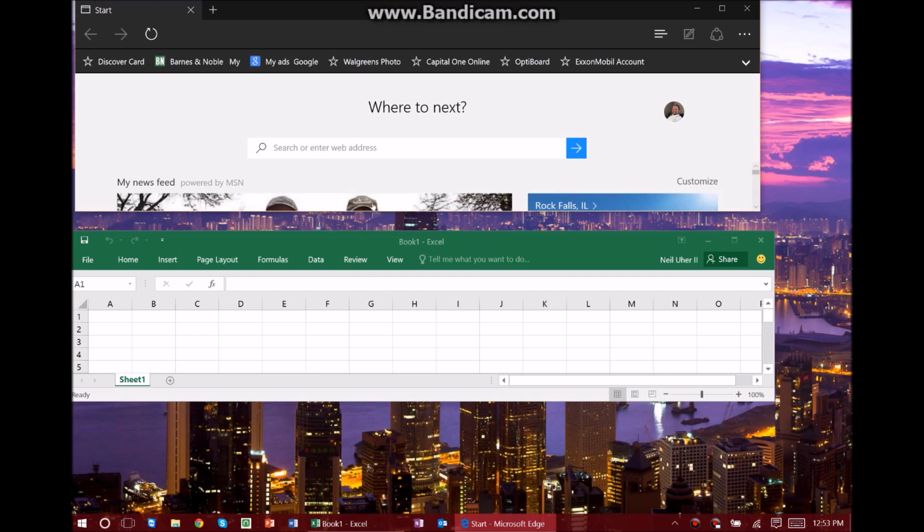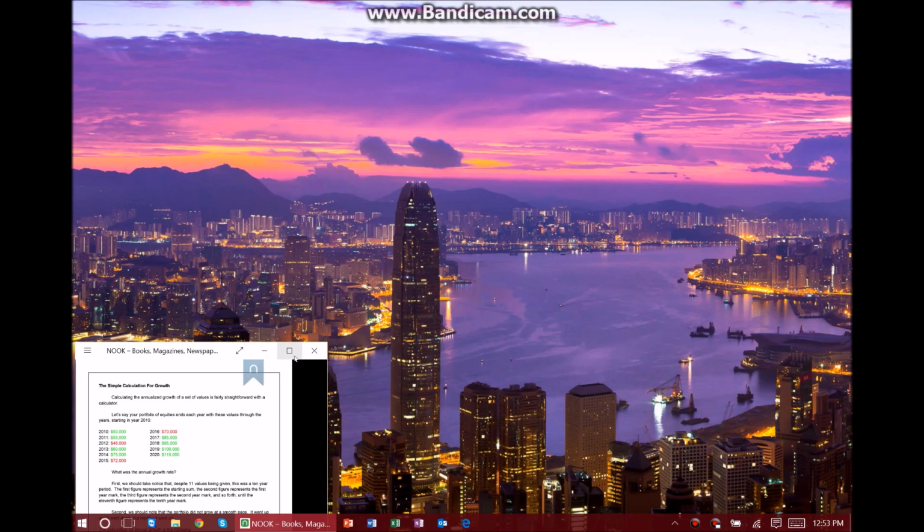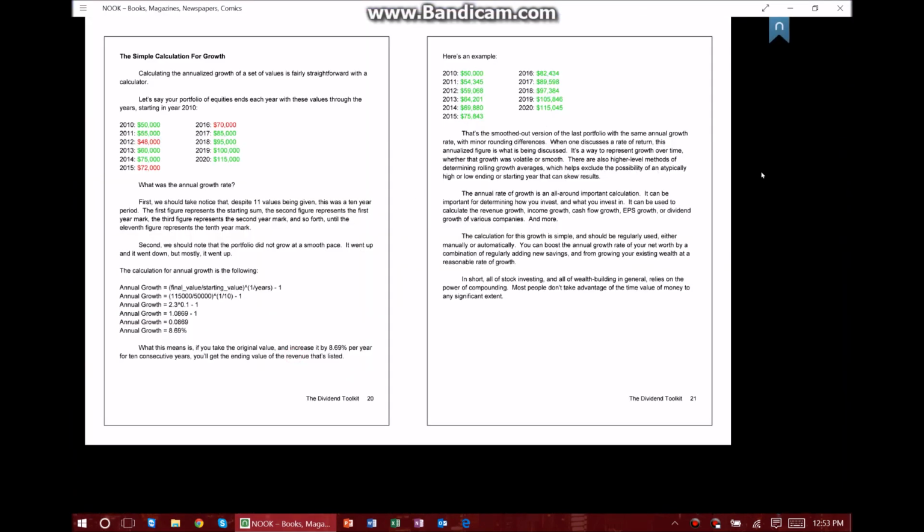But anyway, here on this desktop, I'm doing my research on the web and putting my results in Excel. But this is on a totally separate desktop, you see. And if we go back to our first desktop, we'll see that it's still set up with Nook on there, right? So the advantage is that instead of having to close certain windows and open up other ones, and trying to juggle everything on one desktop, Windows 10 makes it easy by creating multiple desktops, and you can just customize each one the way you want